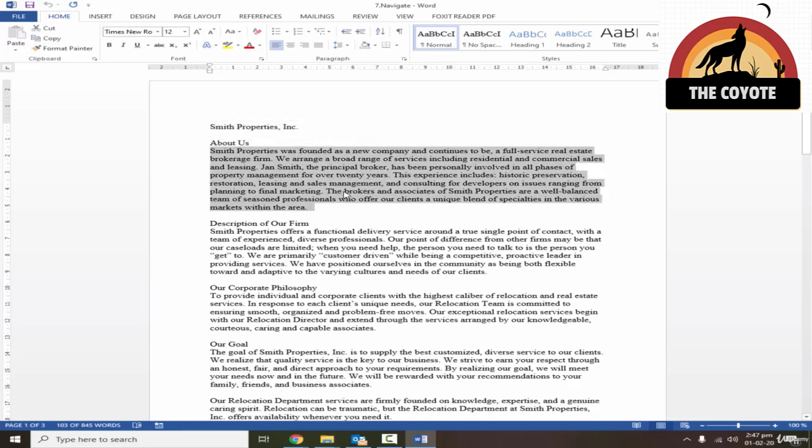Like if you want to cut, then press Ctrl X. If you want to copy the document, then press Ctrl C. For print, press Ctrl P. For pasting, press Ctrl V. For undo is Ctrl Z. For redo is Ctrl Y. So these are very common shortkeys. Most of us already know that. But we will only see shortkeys that are specific to Word.